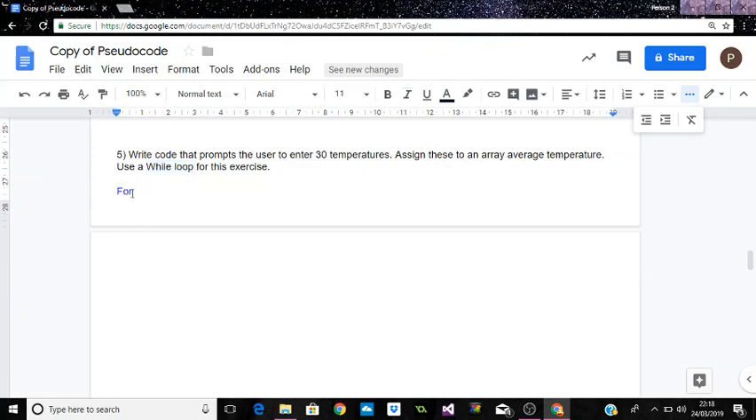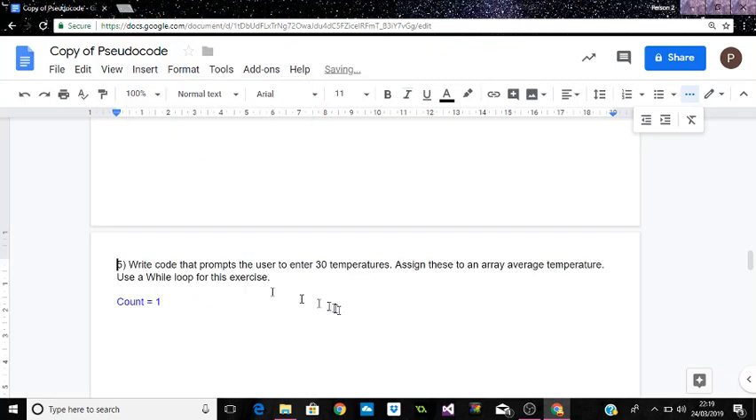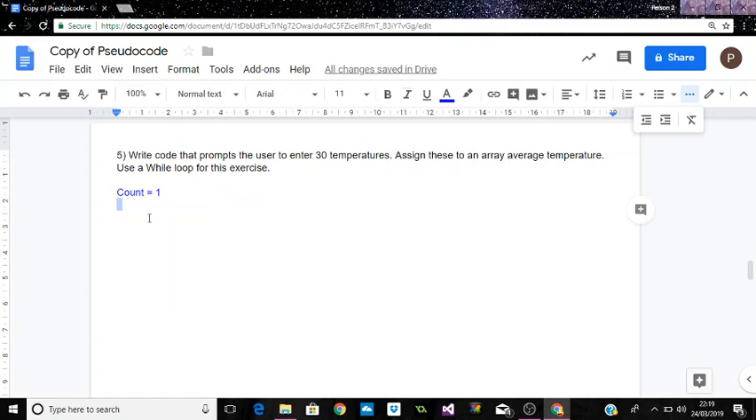So 30 temperatures. This time what we're going to do is give ourselves a count value, and we're going to set it to 1. This happens automatically in a for loop, but we're going to have to explicitly do that. I'm also going to insert a page break here, in between two pages. So count is assigned the value of 1, and so while count is less than or equal to 30,